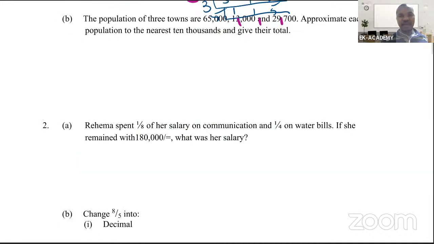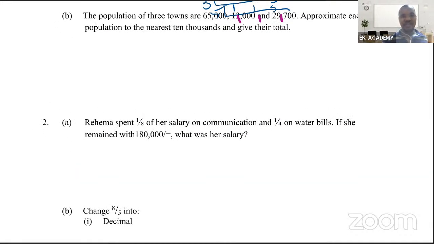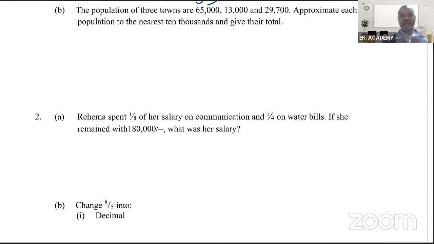We go to question number 1B, and here is the question. The populations of 3 towns are 65,000, 13,000, and 29,700 people. Approximate each population to the nearest 10,000 and give their total. So we are going to start with 65,000. You approximate to 10,000. First of all, this is ones, you know that. This is tens. The place value